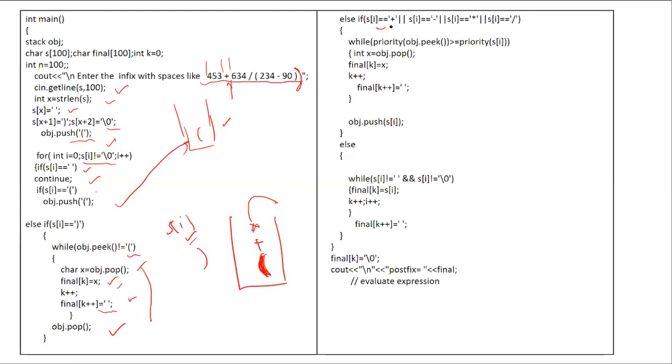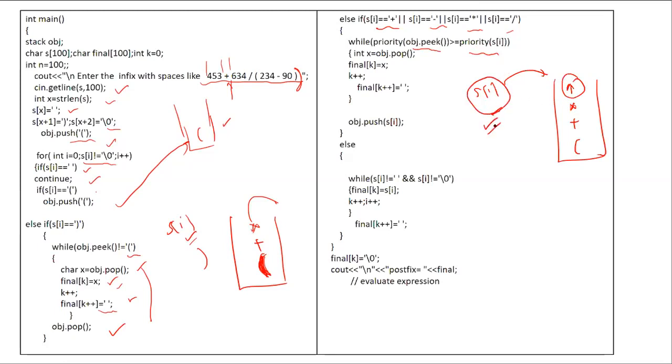The second option in the algorithm was the usage of operators. At some moment of time, suppose there is a condition where plus is there, multiply is there, and exponent is there, and you are trying to insert SI as a new element, that is a minus symbol. So what will happen? While the priority of the object at the peak, meaning the topmost, is greater than the priority of SI, meaning the priority of the inserted one,